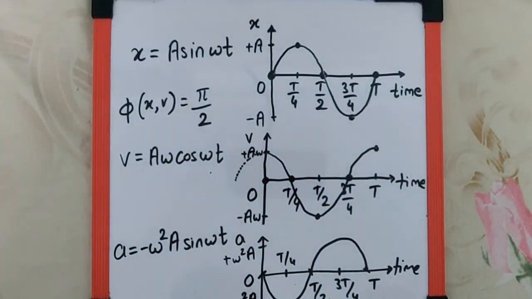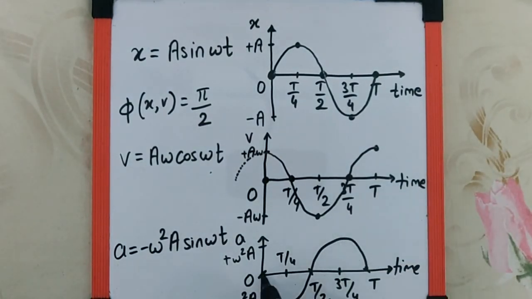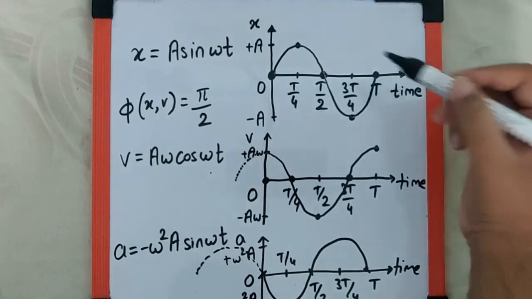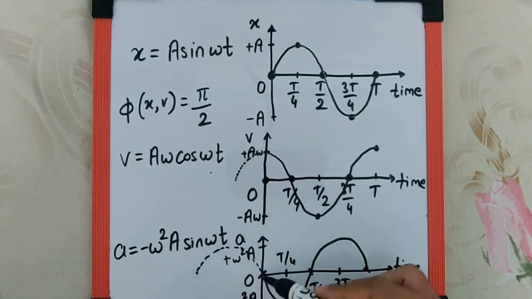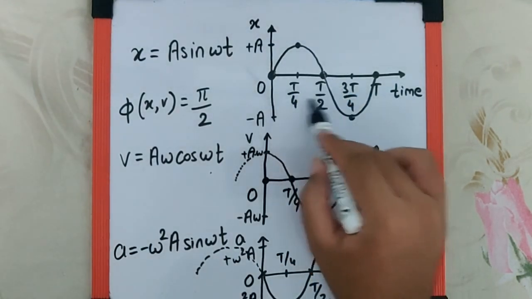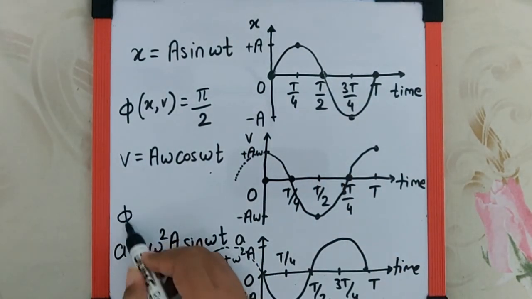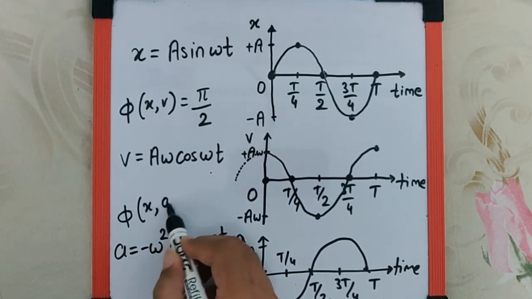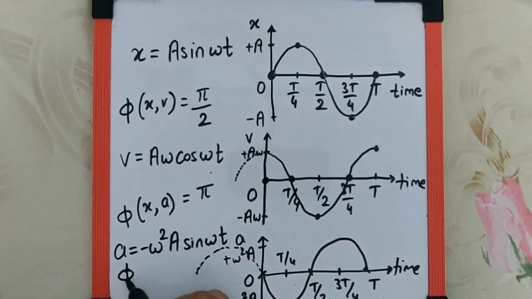But at the same time, if you compare both the graphs, this graph and this graph is again exactly the same if you extend like this. So if you check, this is exactly same as this, which means this graph is leading by this whole half part over here, and that means it is leading by this 0 to t by 2, and t by 2 the angle was pi, which means the phase difference between position and acceleration is pi, and that means the phase difference between velocity and acceleration is pi by 2.